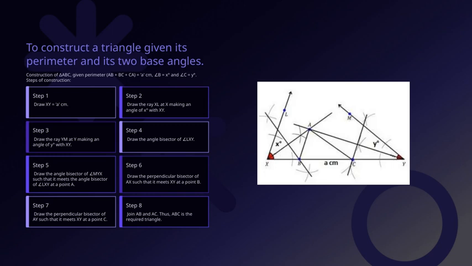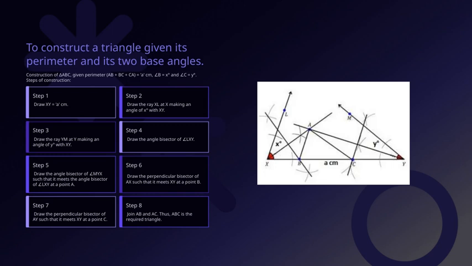At this stage, I focus on the angles inside the triangle. I draw the angle bisector of angle LXY, which divides that angle into two equal parts. Following that, I draw the angle bisector of angle MYX. The two bisectors will meet at a point A, which becomes an important vertex of our triangle. Connecting this point A to points B and C, which we will determine next, will give us the sides of